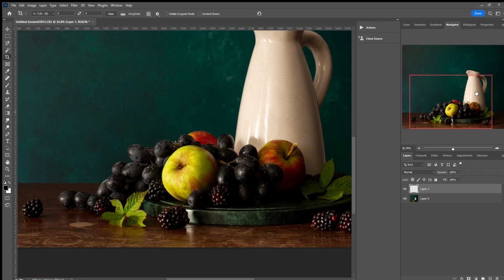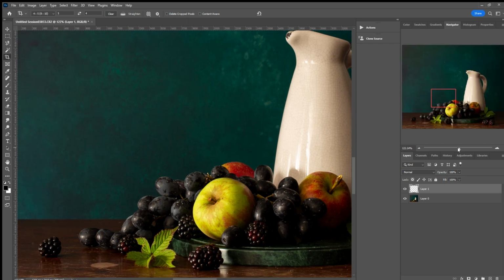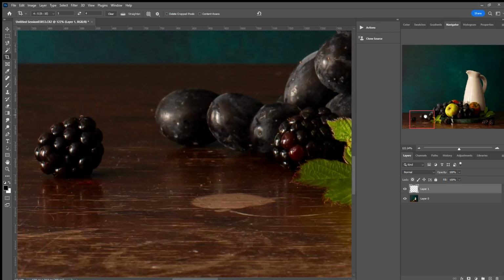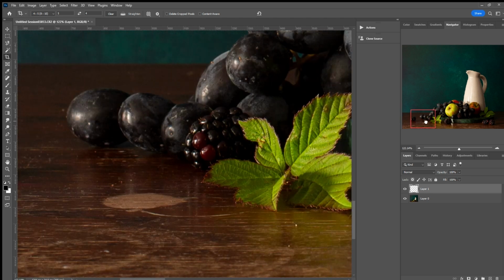So what I'm now going to do is look at the image and think, what are the bits in this image that I want to get rid of? So what are all the things? I don't mind that reflection, but there's bits of crumbs and stuff like that. I really don't like that on the table, so we're going to fix that. We're going to fix this line as well. So